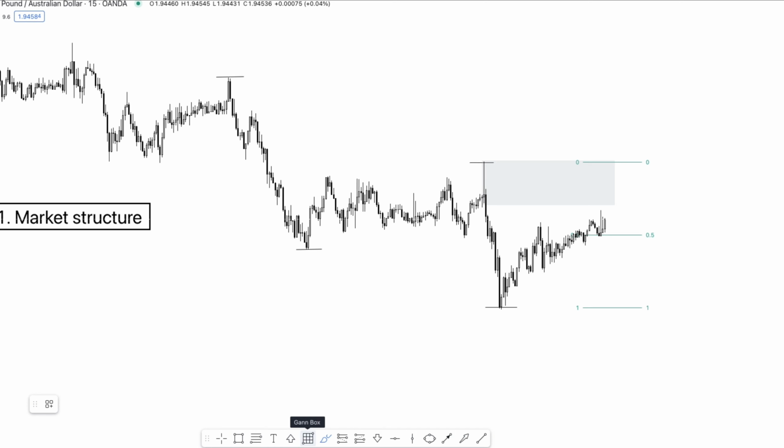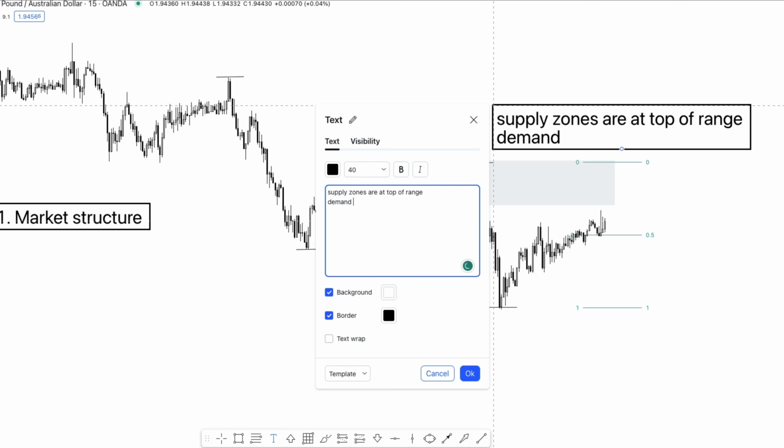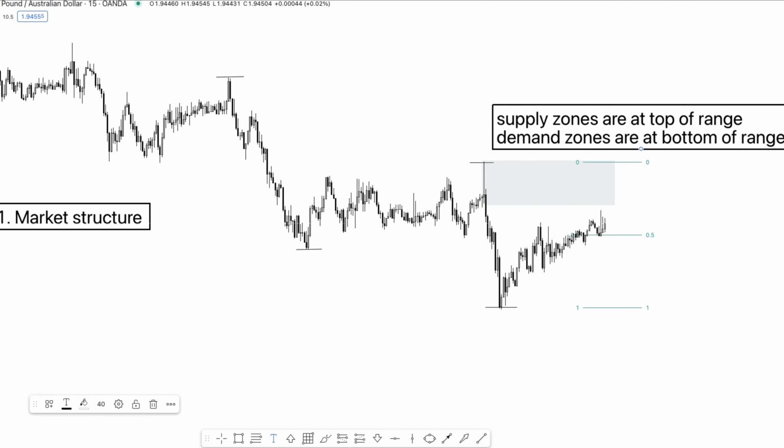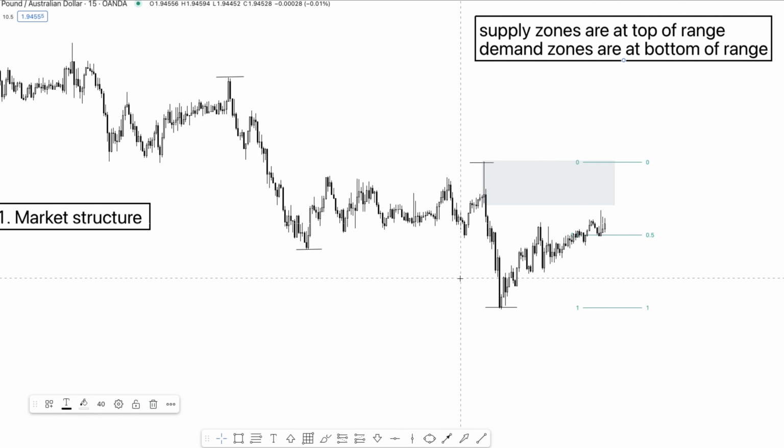Okay, so I'll even write that down. Supply zones are at top of range. Demand zones are at bottom of range. Okay, so I'll write that as a little note right there. You can write this down in your notebook. I'll put that there. Okay, so since we know what we're doing, so now we know that supply zones are